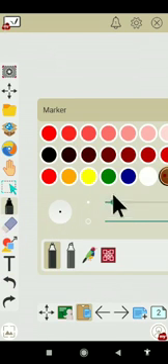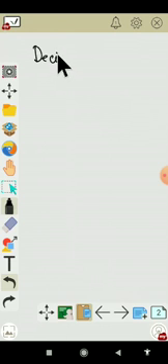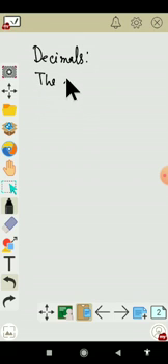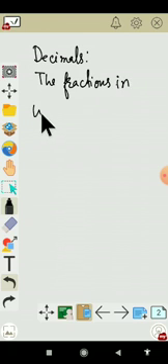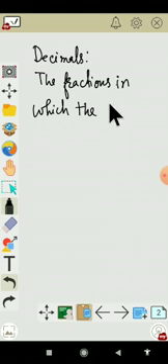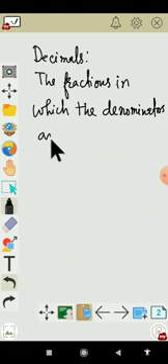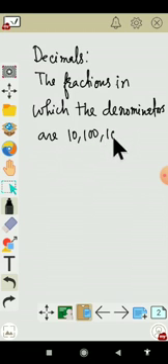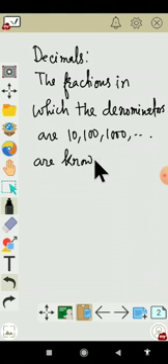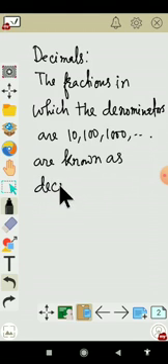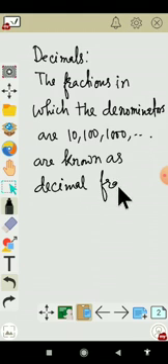So first we will see what decimals are. The fractions in which the denominators are ten, hundred, thousand, etc. are known as decimal fractions. Now decimal fractions,